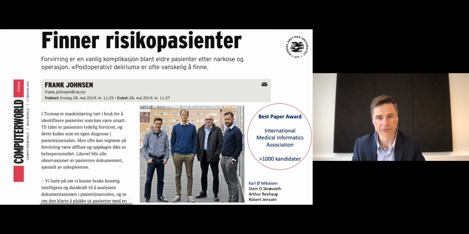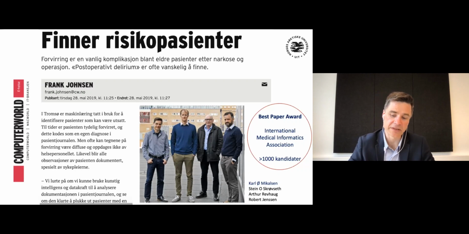We needed to do new stuff on the machine learning side. We needed to develop methods that didn't exist from before. And then we needed to have this interactive approach where we went together and then worked and published. And to our big, maybe surprise, at the same time as Stanford won their Best Paper Award, we won the other Best Paper Award in the same category, basically, with our work in a similar fashion as Stanford and their